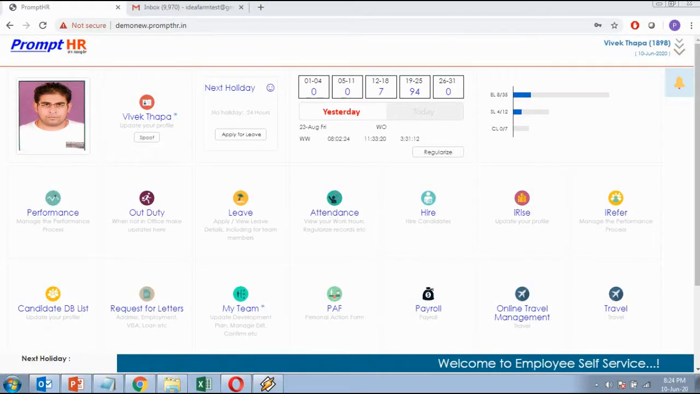Let's see approval using employee self-account. Video link is given in the description box to know how to approve MRF using email notification. The steps to follow are: